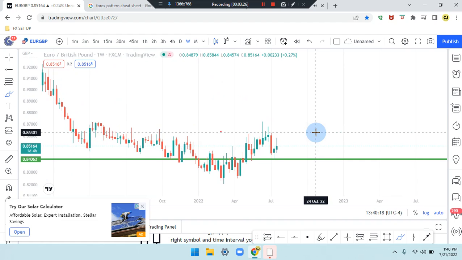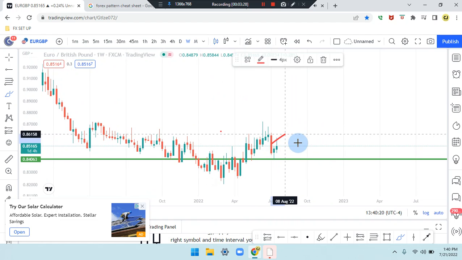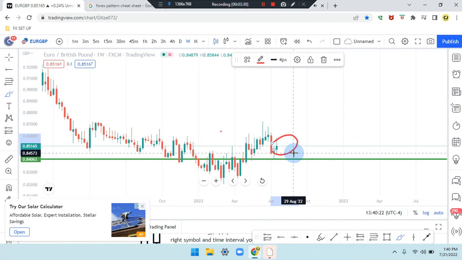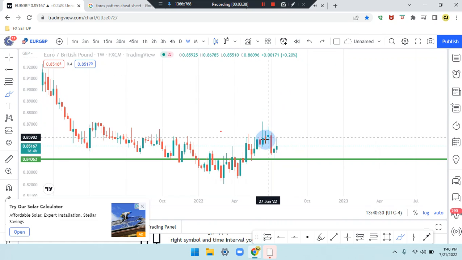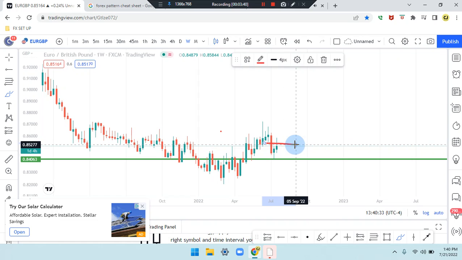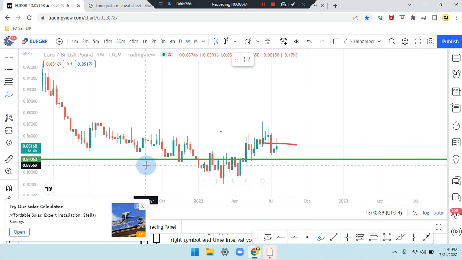Headed down to the weekly time frame, let's see what's going on. So price action on the weekly time frame is the bullish green candle working its way up. So we have price action high of that area, price action low of that area, and we can see price did not break the midpoint yet, but it's still a touch. So there's a few things that can happen. So if we look at it overall,